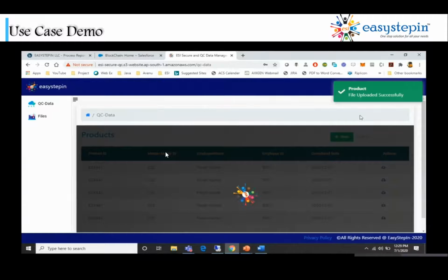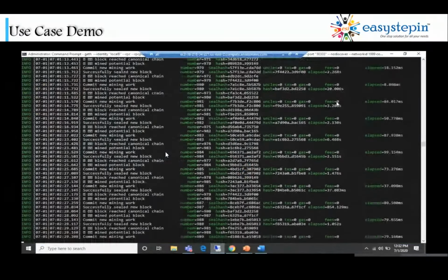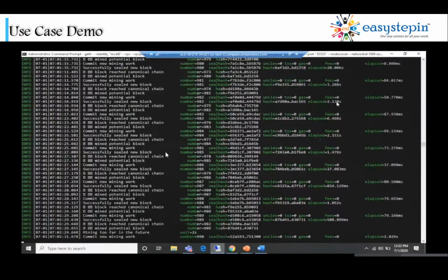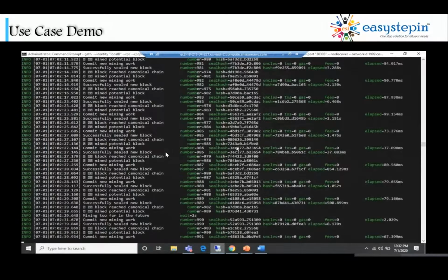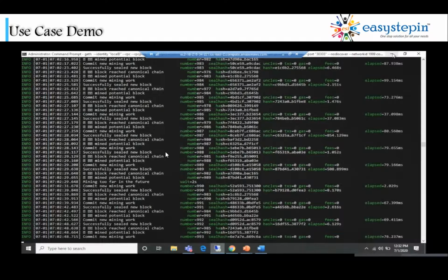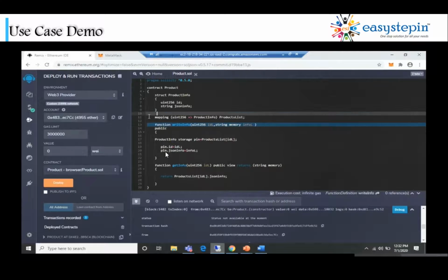See here, now the file is uploaded successfully. We just uploaded the image from the Angular portal. So now we can see the Geth console, and this is the Geth console, which is responsible to mine the data into the blockchain. And if you can see here, it keeps on running, and it will create the blocks based on the data. And we do have a Remix